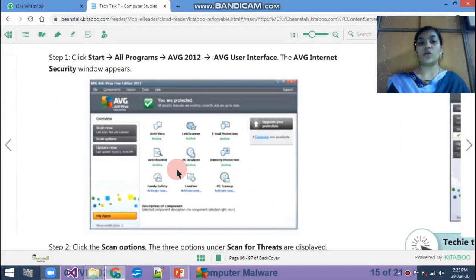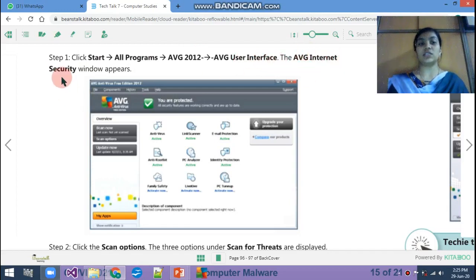First of all, if you have downloaded the AVG program on your computer and it is on your screen by default, then you directly double click on it and start using it. If it does not appear on your screen, then you can use this one. Step 1: click Start, All Programs, AVG 2012, AVG user interface.